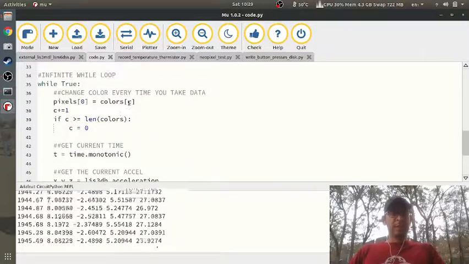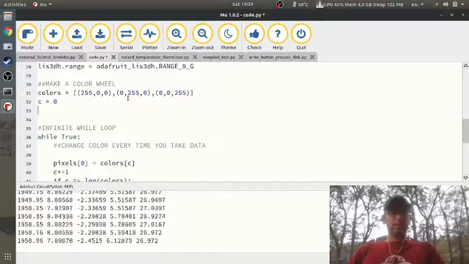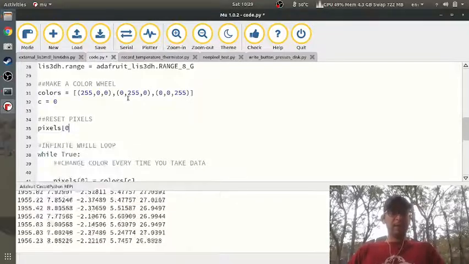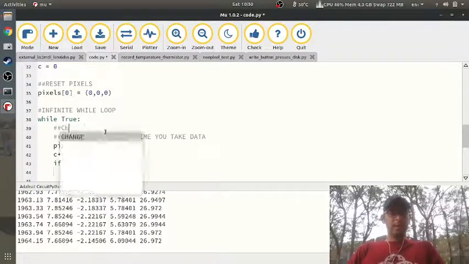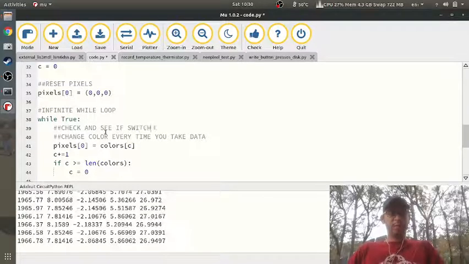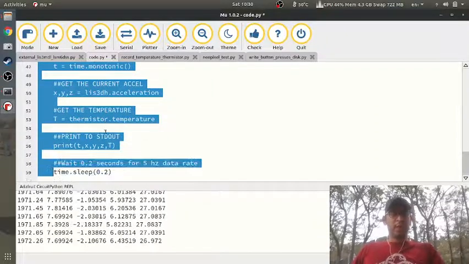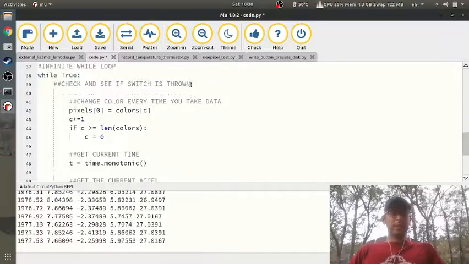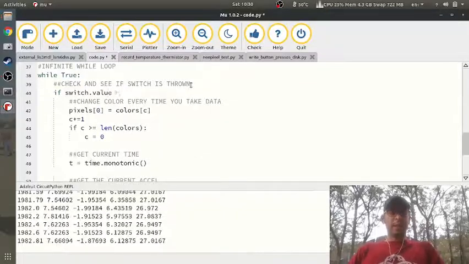Now the difference is that I only want the pixels to do something if we're taking data. So I'm going to reset the pixels, and I'm going to say pixel 0 is just 0, 0, 0 here. And then I'm going to check and see if the switch is thrown, okay? Because I only want to take data if the switch is to one side. I'll leave the sleep in there, but I only want to take data if the switch is thrown. So now I'm going to say if switch.value equals